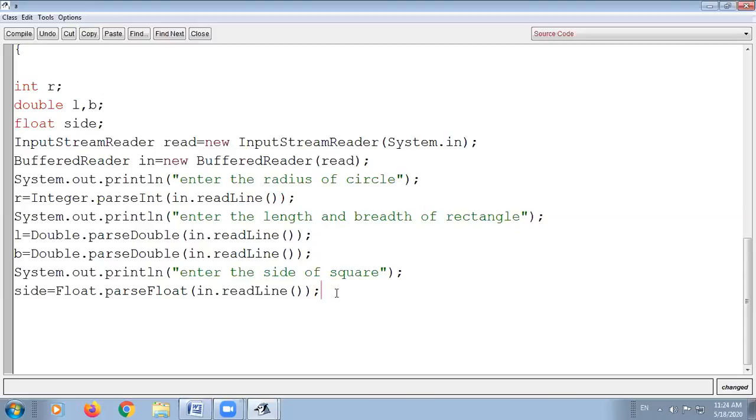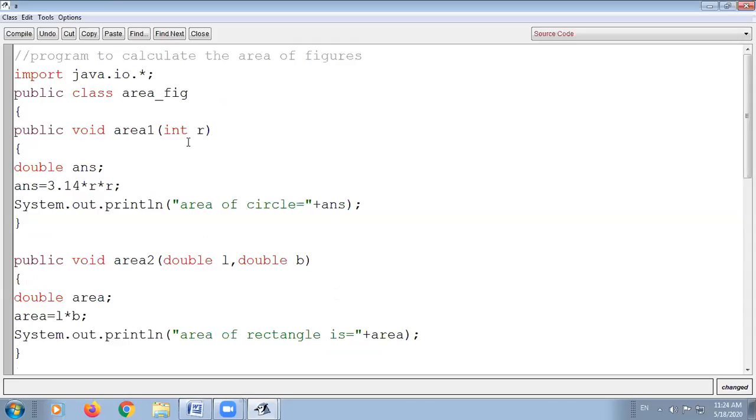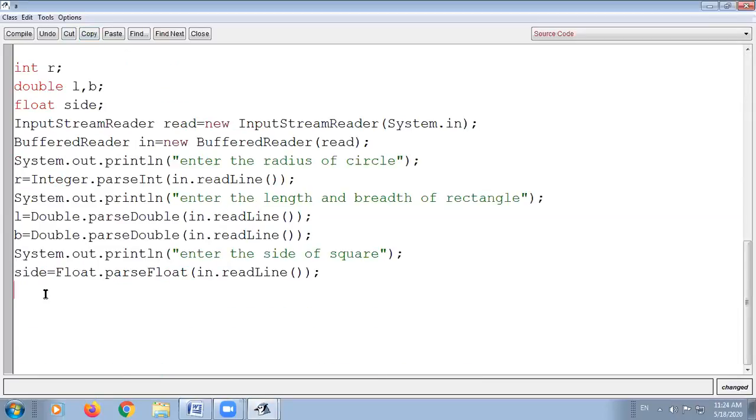Our next step is to create the object of the class, because without creating the object of the class we cannot call the function. What is the syntax for creating the object? That is the class name. Here I have given the class name as Area_fig. You can copy this class name and create the object.